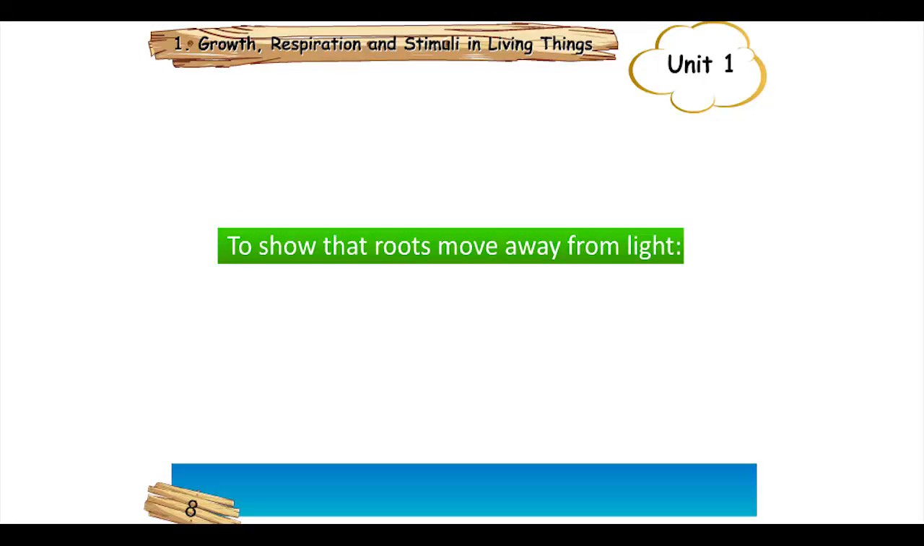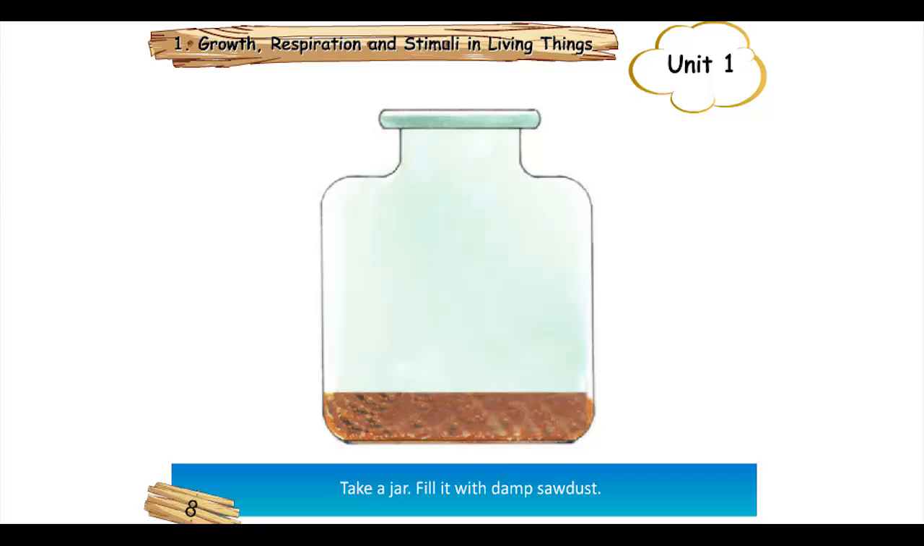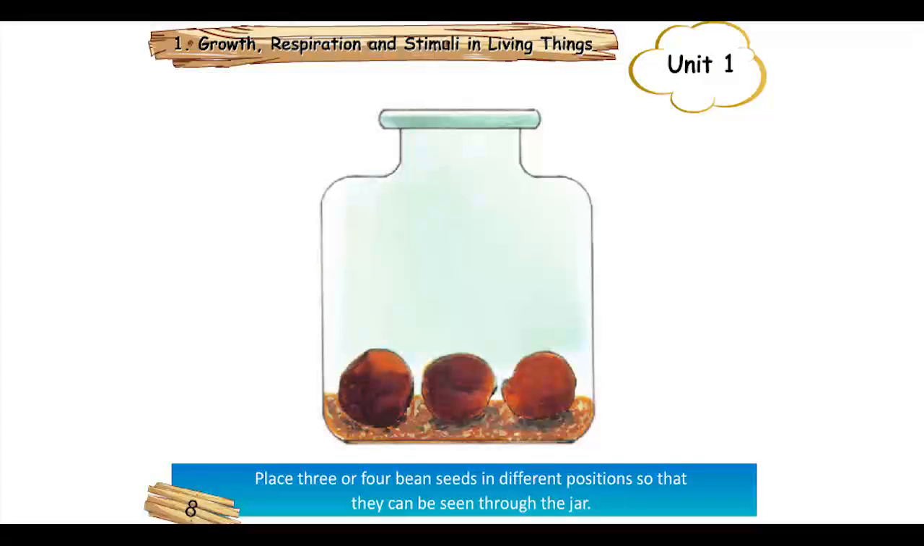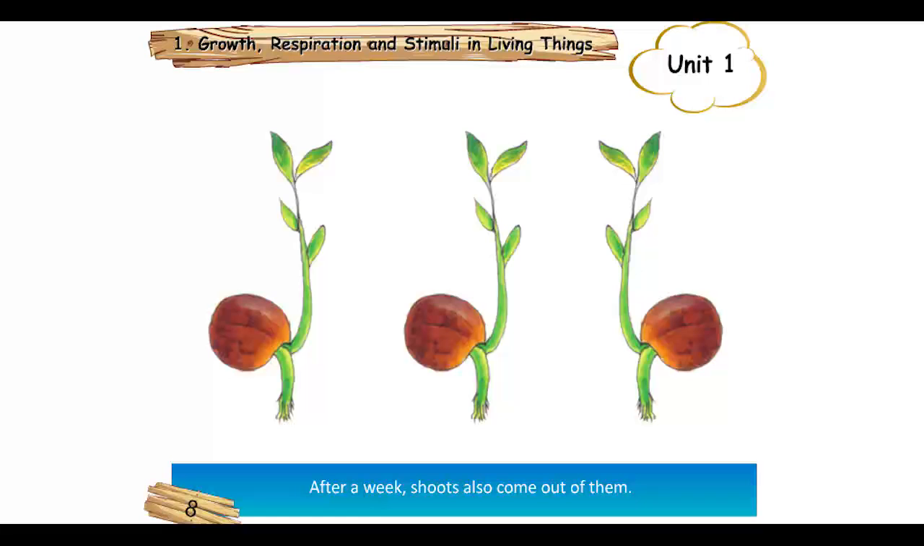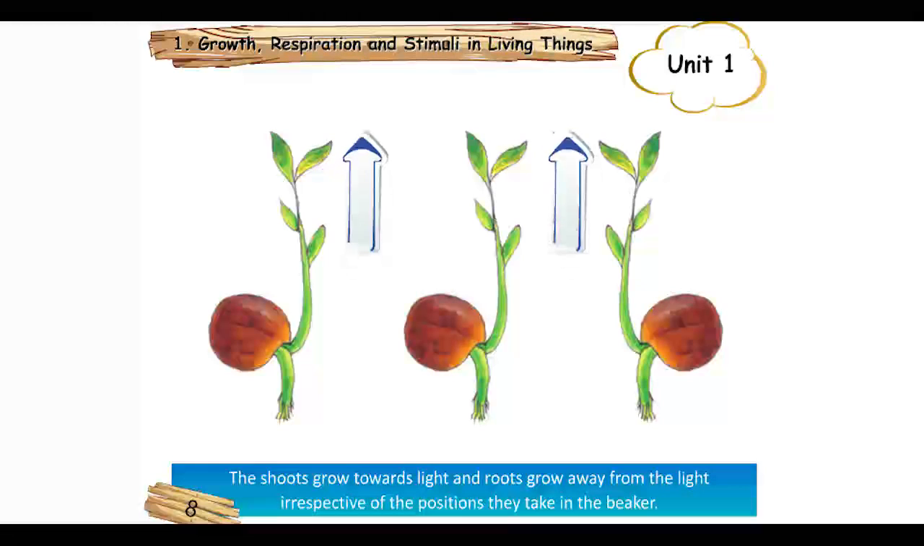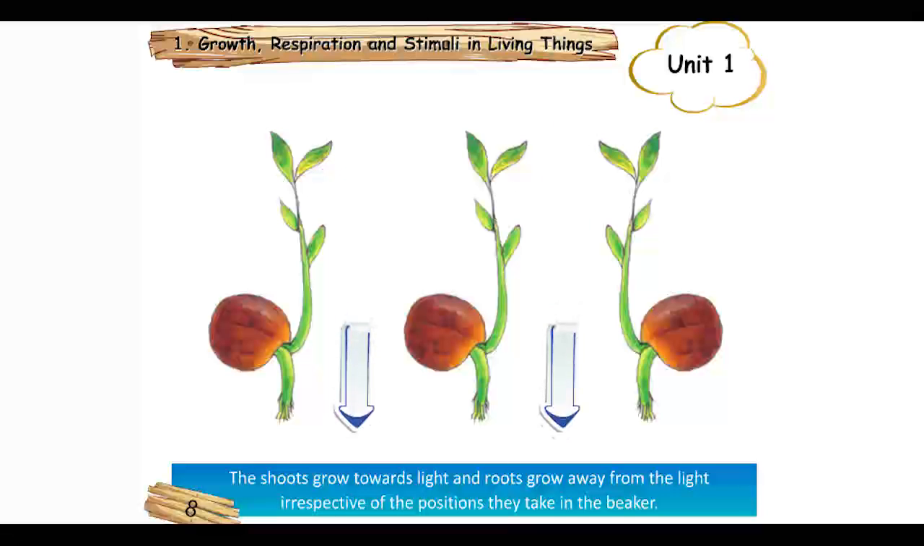To show that roots move away from the light, take a jar, fill it with damp sawdust. Place 3 or 4 bean seeds in different positions so that they can be seen through the jar. After 3 or 4 days, tiny roots come out of the seeds. After a week, shoots also come out of them. The shoots grow towards light and roots grow away from the light irrespective of the positions they take in the